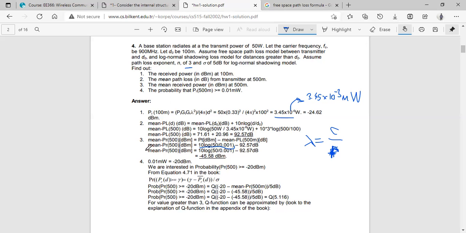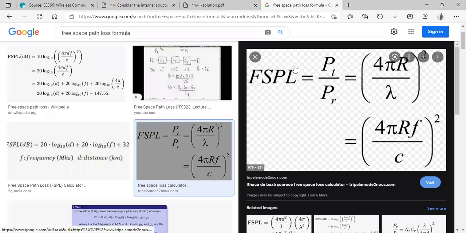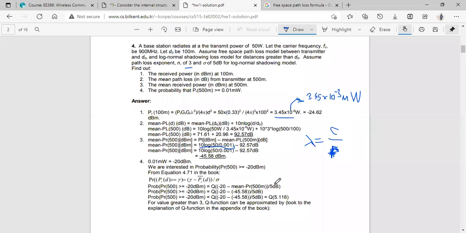How we get this particular formula over here: you can see from the path loss formula, the loss is basically denoted by the transmitter power divided by the receiver power. So the path loss is equivalent to the transmitter power divided by the receiver power. If you convert this into log, what happens is